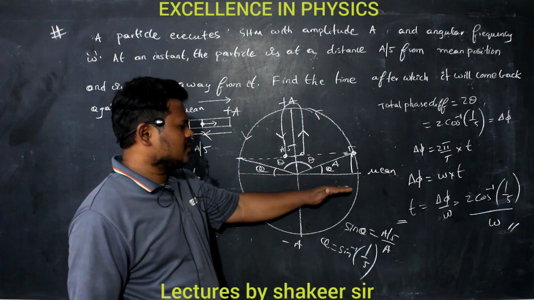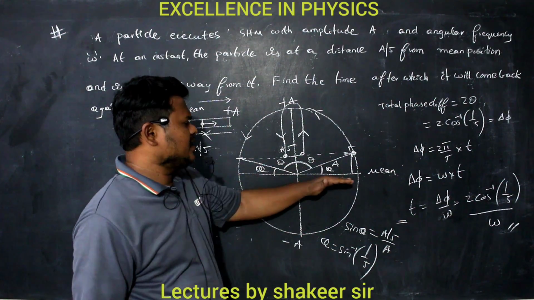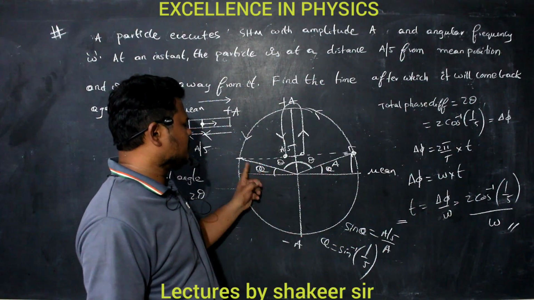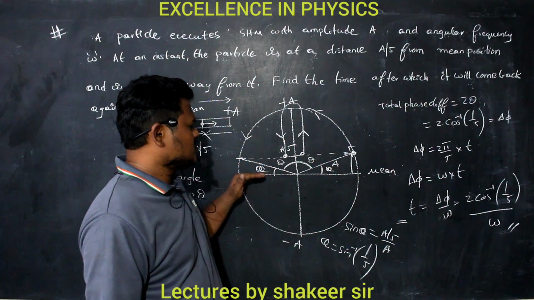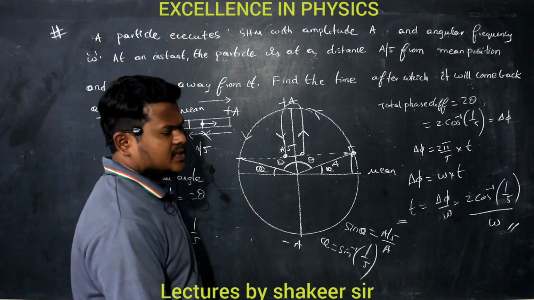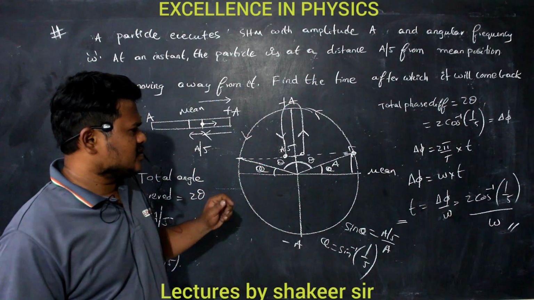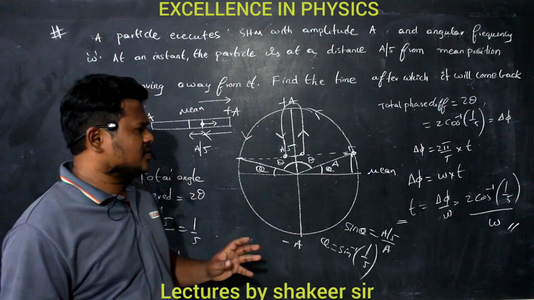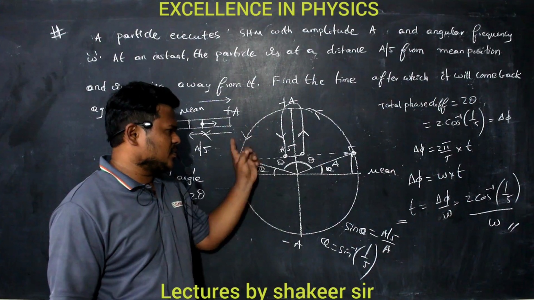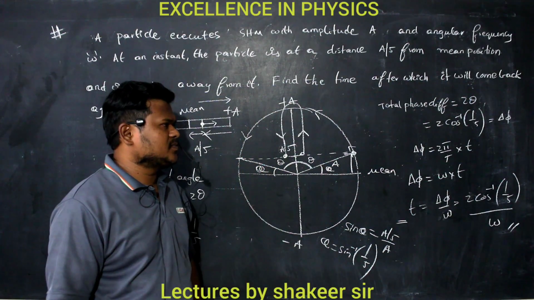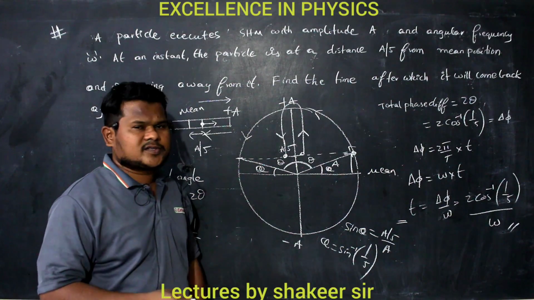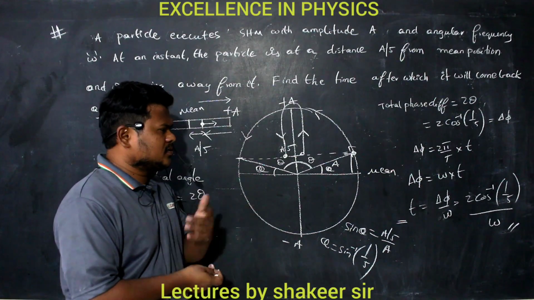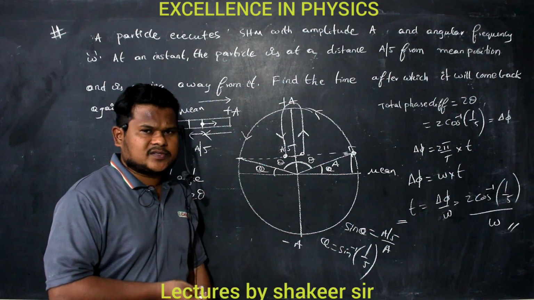Then what is the total angle covered? Total angle covered is 180 minus 2 alpha. Here there is alpha, and here one more alpha, but the angle covered is only this much. So 180 minus 2 alpha will be the phase difference. Again you can use the same procedure and do the calculation. So very simply we can find the values by comparing simple harmonic motion with circular motion. Then try a second method also, using the equations of simple harmonic motion, and see if you get the same answers or not. Okay?